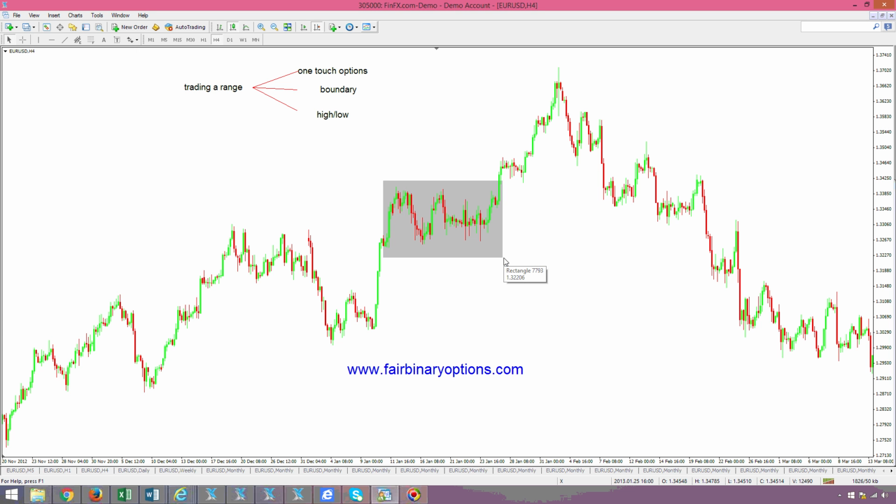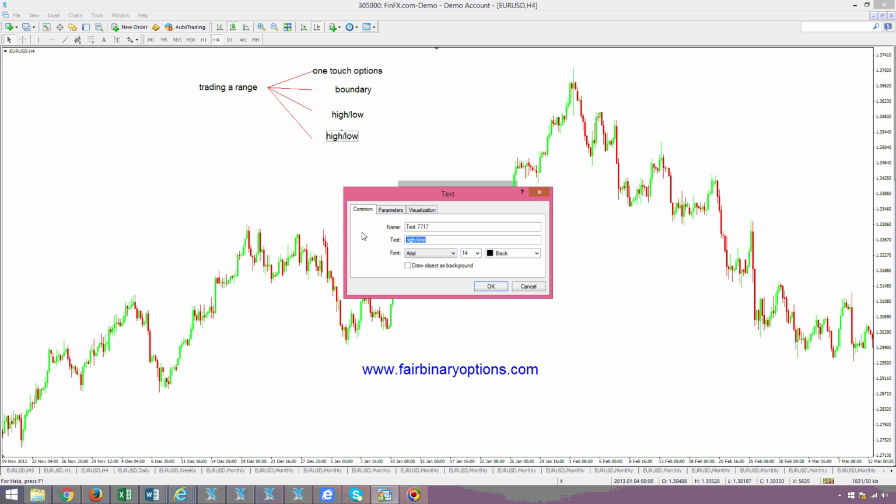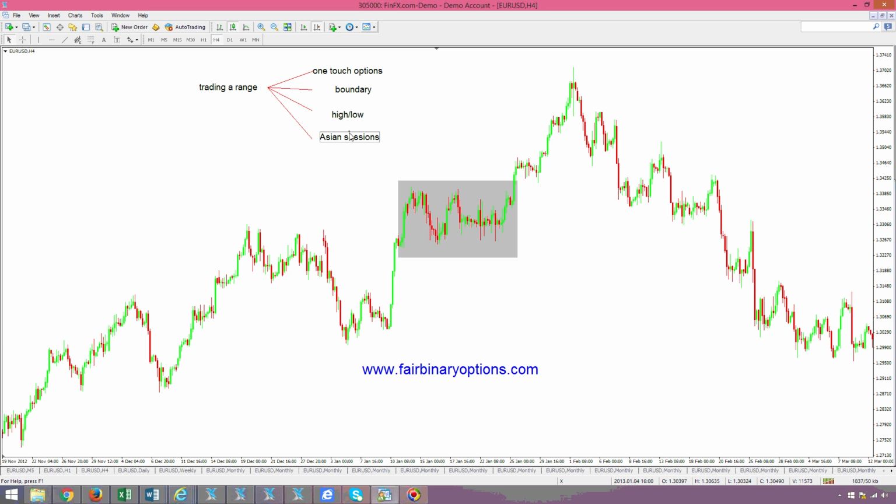Now, ranges or trading a range, you should know that, look for a range when? You should look for a range in the Asian sessions. Asian sessions are the ones that are most likely going to show a range, or we should look for a range in